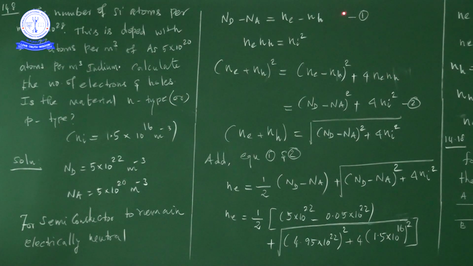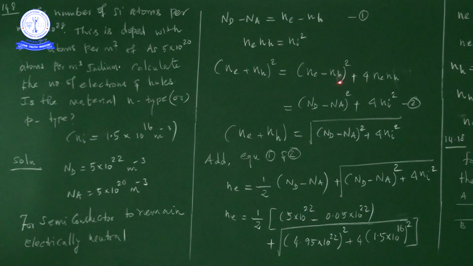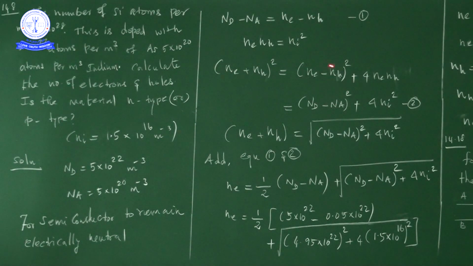See equation number 1. Instead of Ne minus Nh, we can replace it with Nd minus Na. Here we are having the square. So (Ne minus Nh) the whole square is equal to (Nd minus Na) the whole square plus 4 into